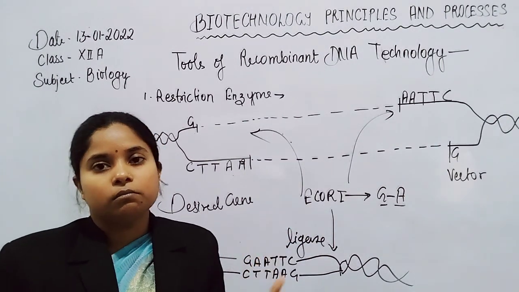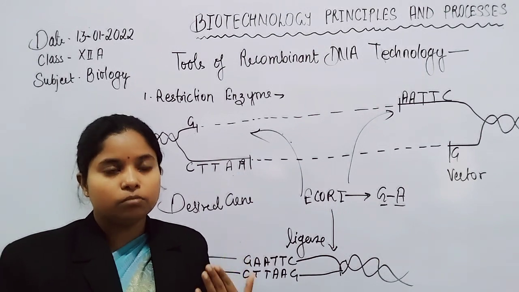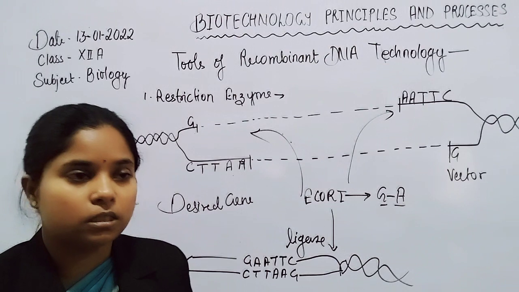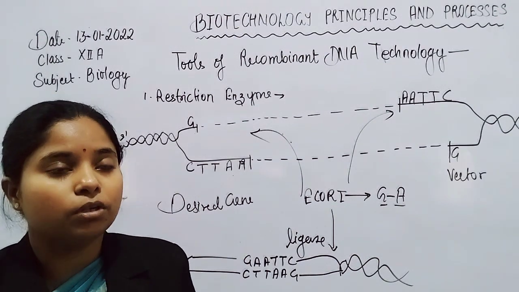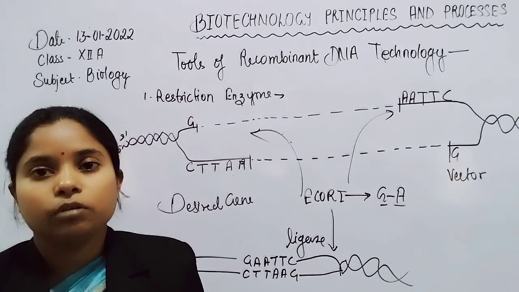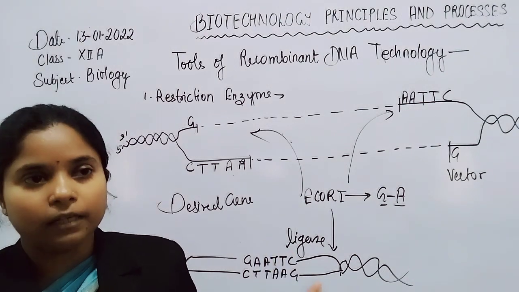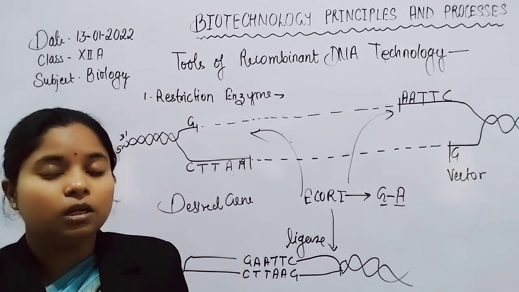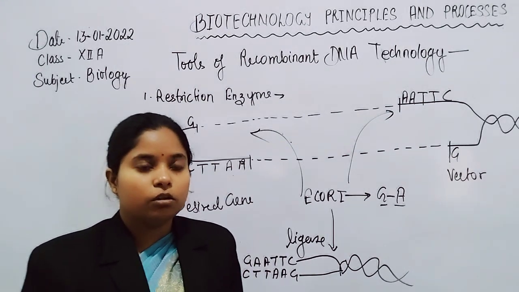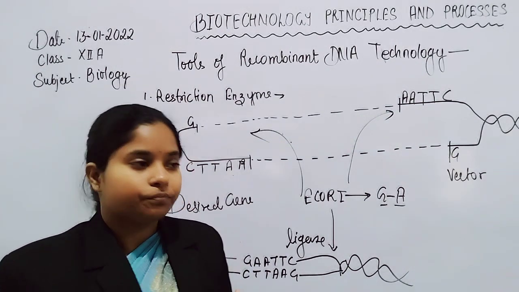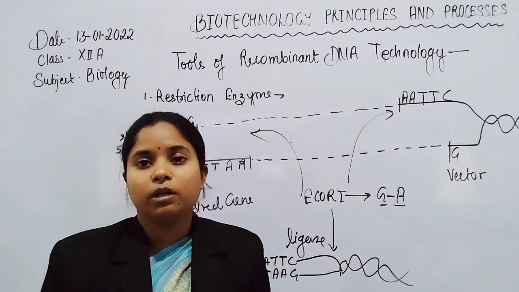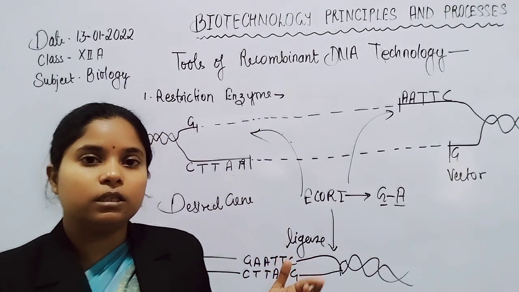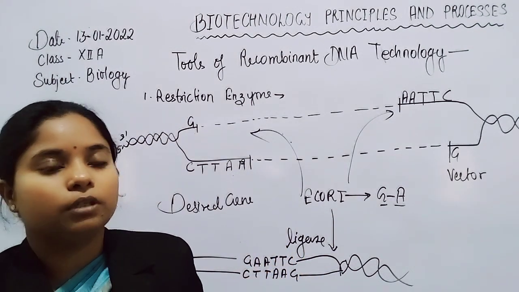There are so many types of nucleases. There are two kinds of nucleases, that is exonucleases and endonucleases. And again the endonucleases are of two types. One adds a methyl group on the DNA molecule for making the DNA stable. Second cuts the DNA molecule in between the strand, and exonucleases cut the DNA from the end of the DNA molecule.